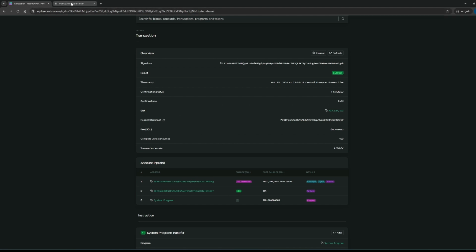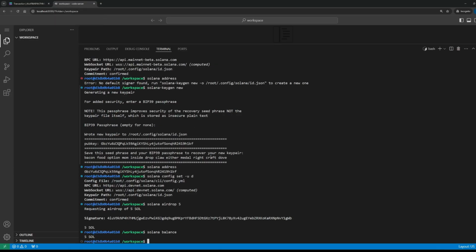So let's go back to the Docker image. Right now we have 5 Solana, we are on Devnet, and for example, we would like to transfer Solana to our friend. Maybe an important note to mention: the behavior is the same as on mainnet, even though we are on Devnet, so we can practice.